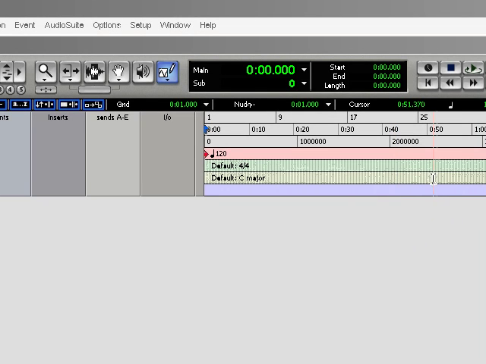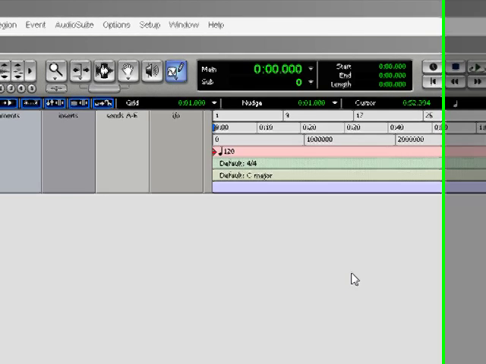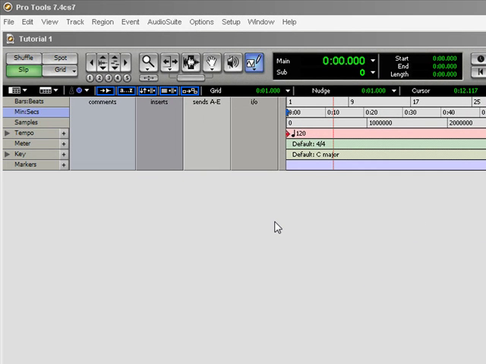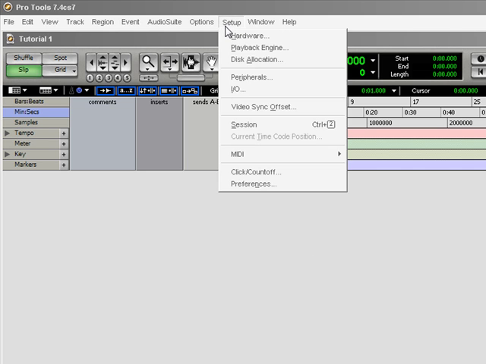So here we go. Okay, so first thing I like to do is when I sit down at a workstation that's a Pro Tools station, in this case it's Pro Tools LE, it's not mine or it's a brand new station, I like to set it up. And today we're going to talk about basically the I/O setup